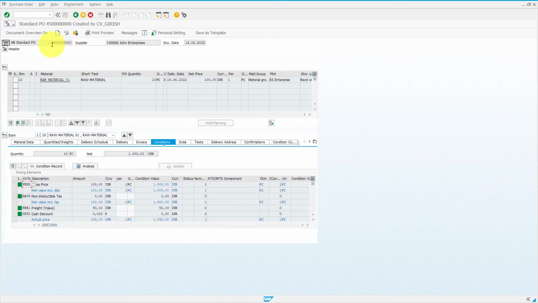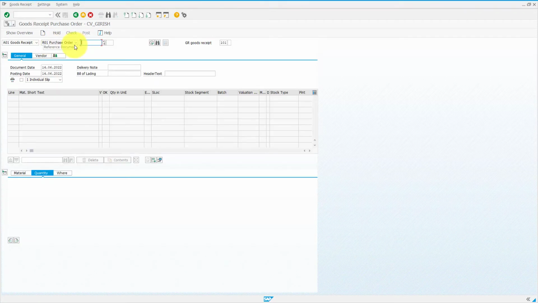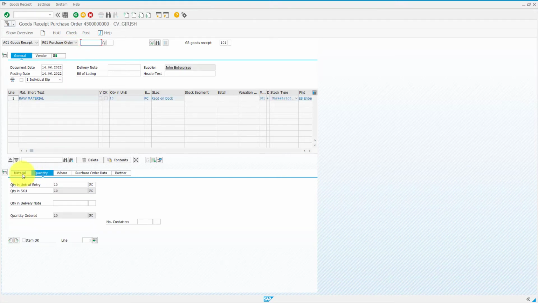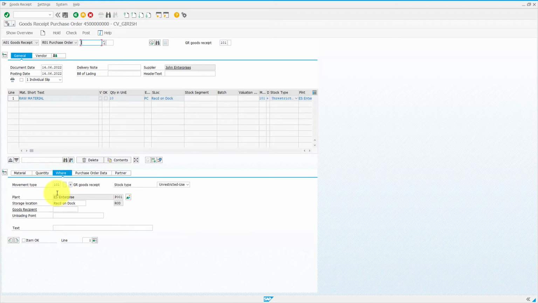If we go ahead and create a goods receipt with reference to this purchase order, let me go to MIGO, and here if I put my purchase order and hit enter, I will get all my material details, quantity, plant and storage location and everything, but there will not be any place where I can actually maintain the transporter name. But this particular screen can be modified to accommodate transporter details with